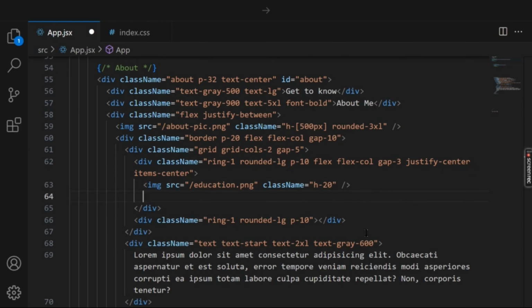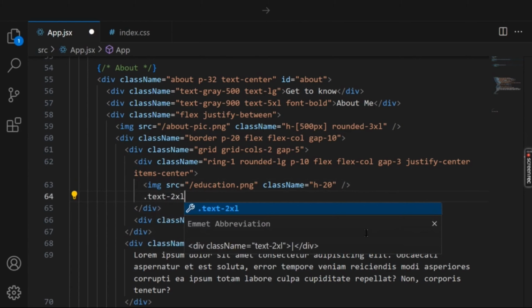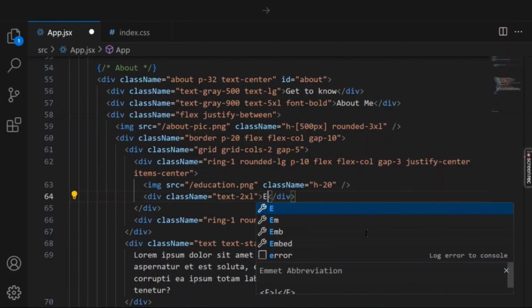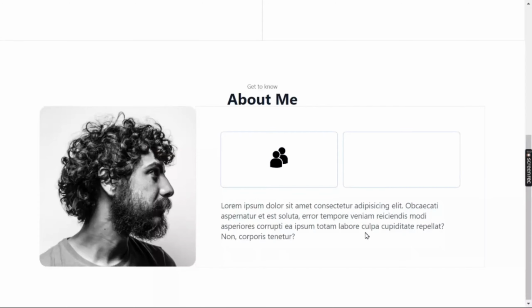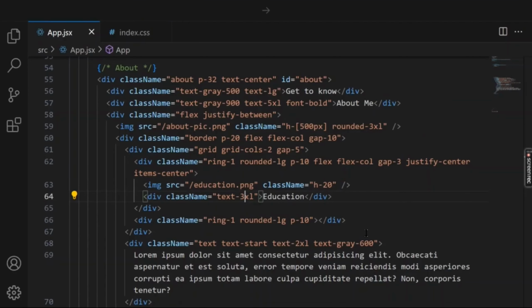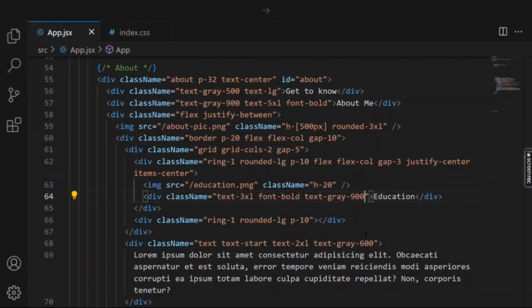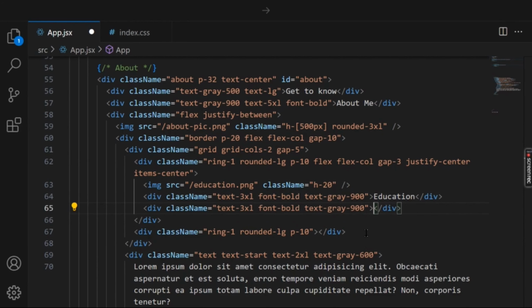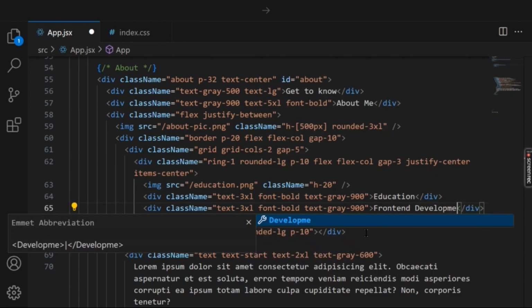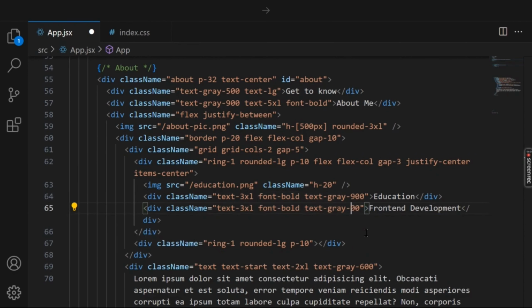And below this image we will need a text which will be having a font size of 2XL, and the text will be education. Text will be having 3XL font size, and the font will be bold. And after that we have to put the color of our text, which is the text gray 900. And what we need, we just have to copy and paste this text again and write the front end development, and change the color of this text, and also